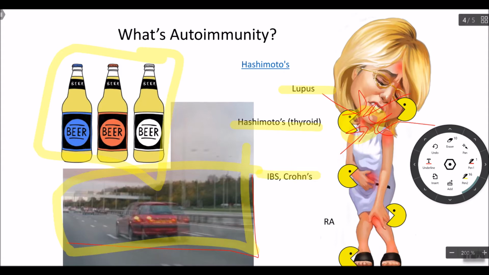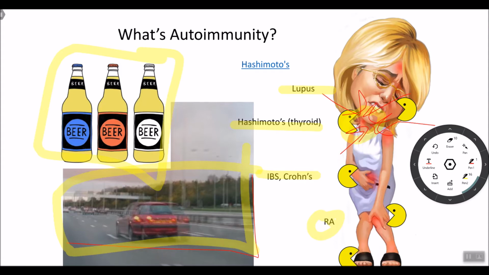Irritable bowel and Crohn's disease, that's an autoimmune disease. And actually, your immune system starts to attack your small intestine because it doesn't realize, hey, this is friendly fire, this is friendly tissue. Because it sees 4 GI systems or 8 GI systems, it starts to attack it. Rheumatoid arthritis, your immune system sees your joints as foreign and is going to attack it. Your immune system is always going to be more aggressive than less aggressive when it sees more than one tissue there.